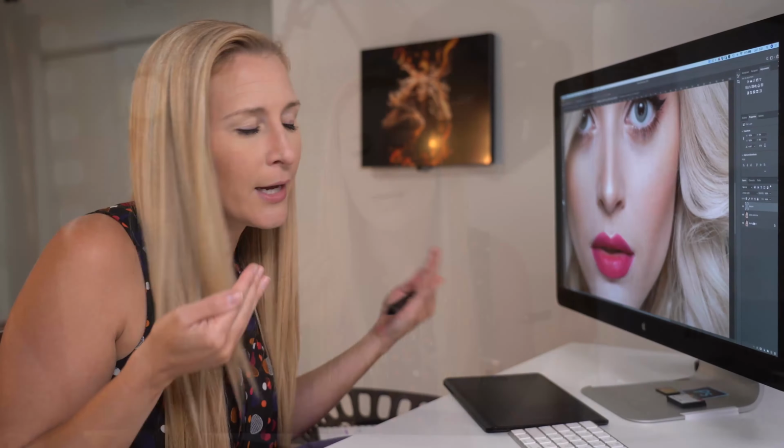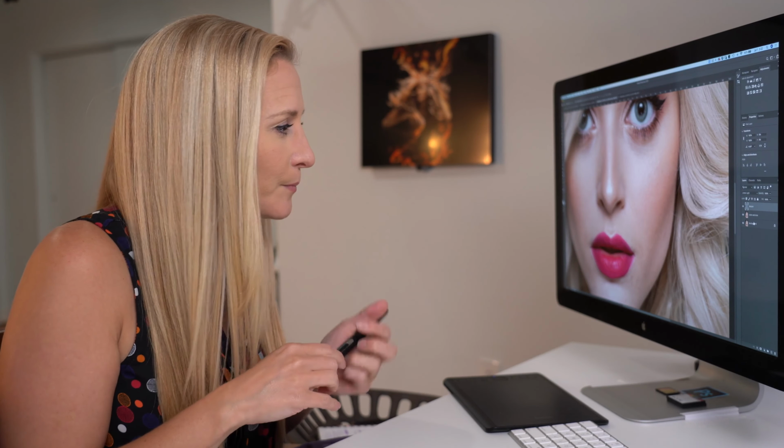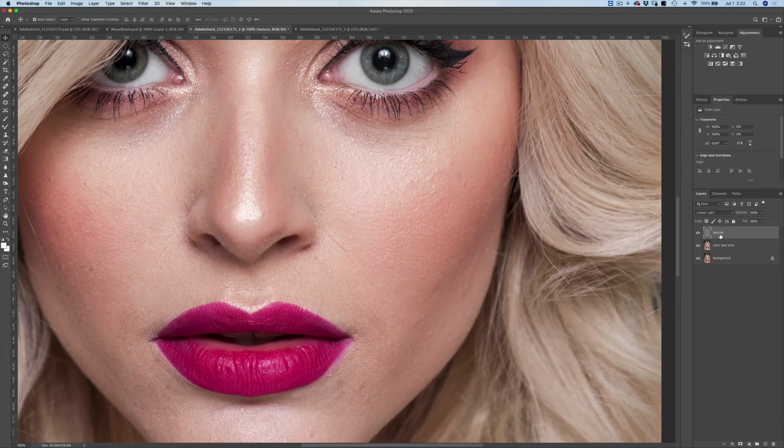So if we modify the original layer, all of a sudden our math equation doesn't work anymore. Okay, so once that blur is applied, the blur has to stay that way. So we can't go in and remodify it or re-edit it for any reason. So sorry about that tangent.